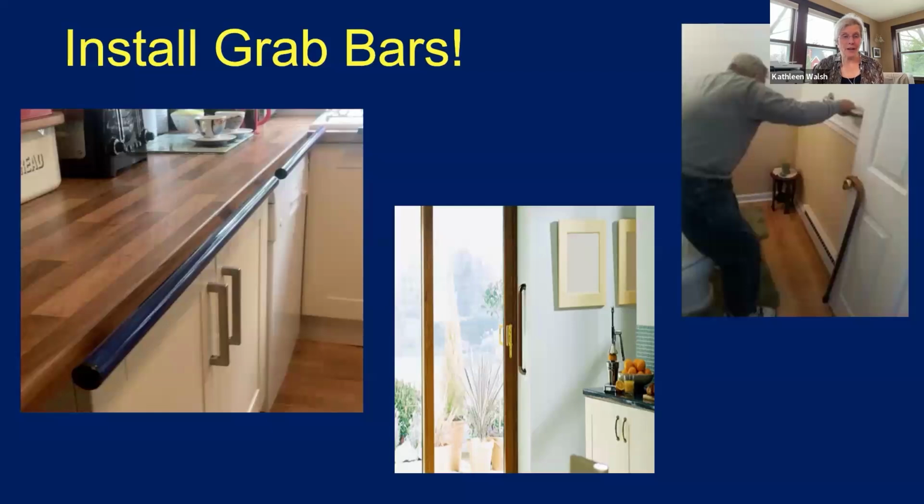Grab bars, my favorite. So I have a patient with multiple system atrophy, loves to cook, does not want to use her walker in the kitchen. So we decided to put grab bars all around her kitchen cabinets. And now she can hold on to those and she can still cook, which makes her happy. She can turn and grab her walker. So important. Another grab bar that's important is in front of the toilet so that when they get up, they can push off the toilet, but also grab onto something so they can pull up their pants. Where you put these grab bars is really, really important. All right, next, please.